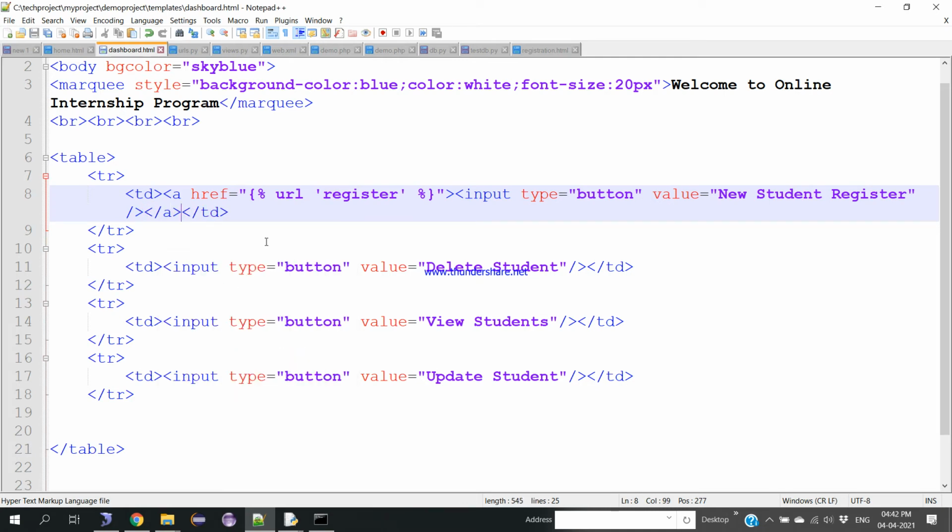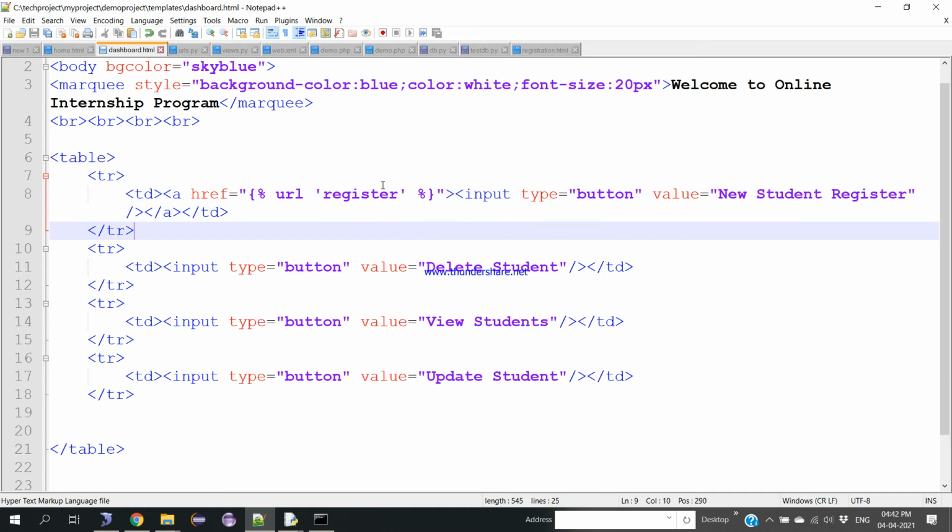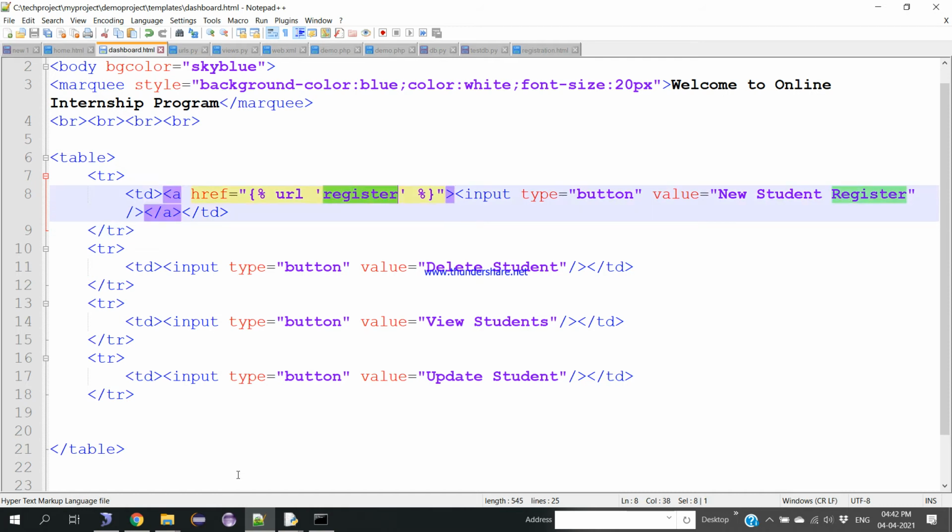Okay, this is how we need to provide the URL, means a link. a href is equal to open bracket percentage URL register. This is the name that I'll give to refer to the URL. After this, what we need to do is copy this name, go to the urls file,